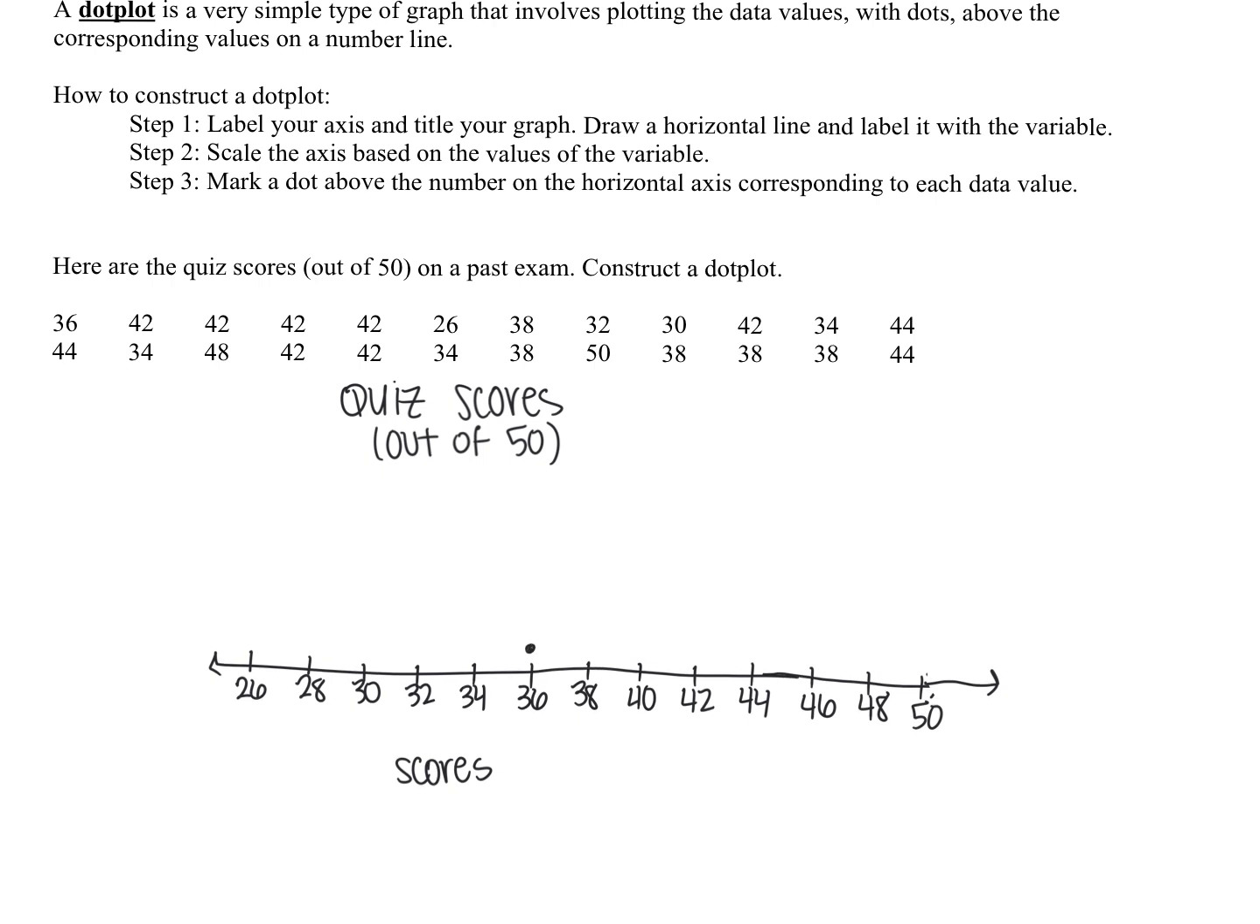So my first dot is going to be over 36. Then I have 1, 2, 3, 4 42s. And again, you do want to space your dots consistently as you're doing this. Then 26, 38, 32, 30, 42, 34, 44, another 44,